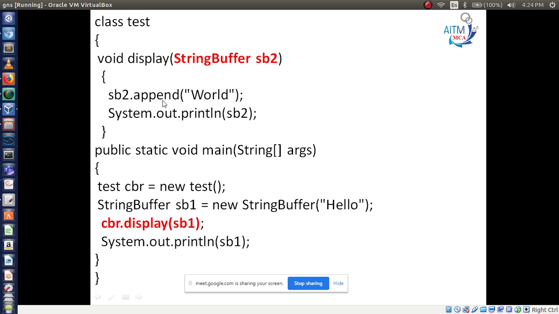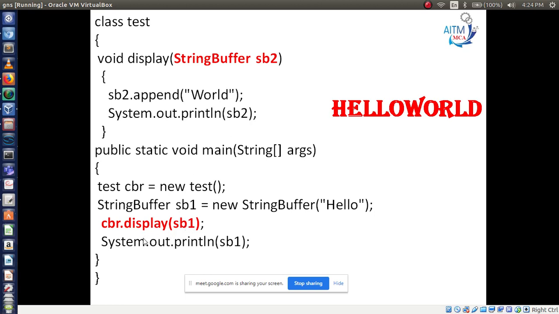So you are printing sb2, which means you will get hello word, right? Now again you have one more print statement here. After calling this display method, you will have hello word from sb1, right? Here you have displayed sb2.